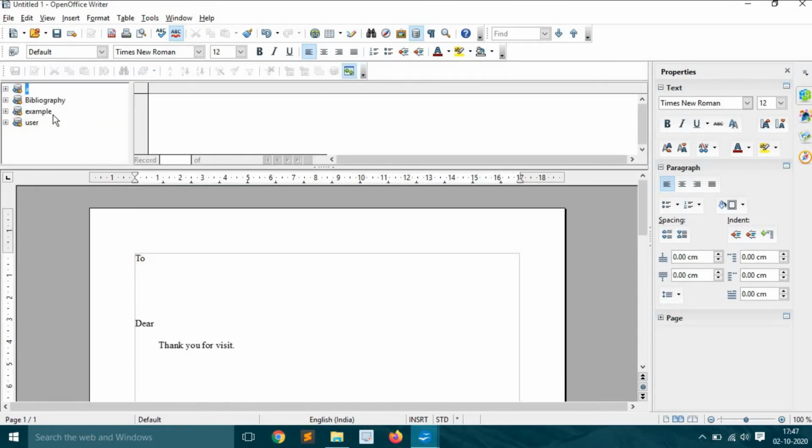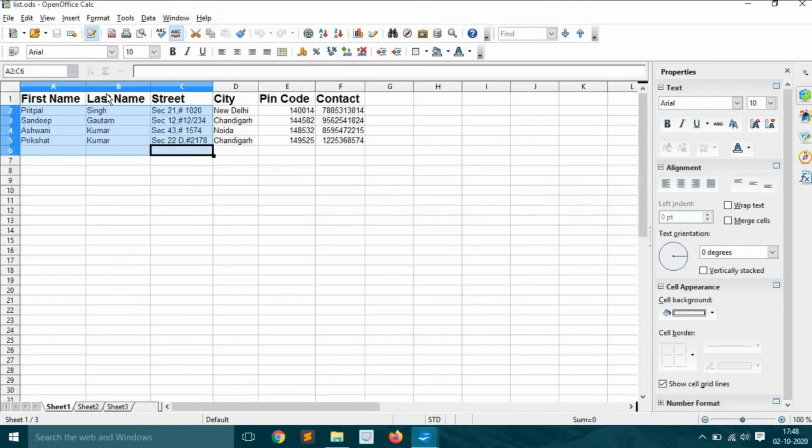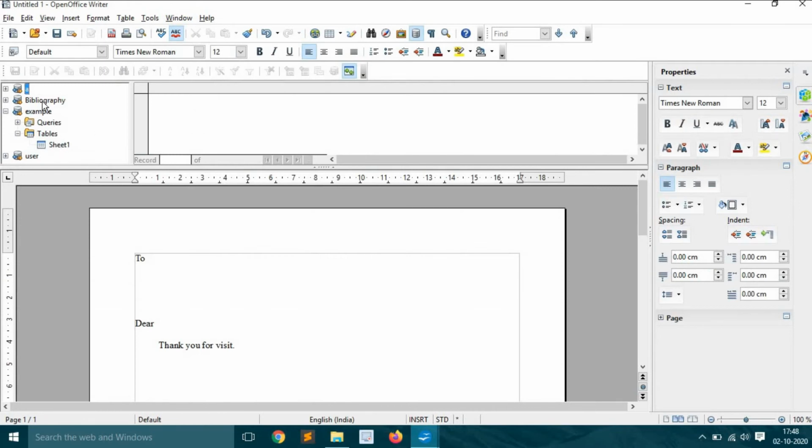Now what is there in the example? I am having queries or tables. So here in the tables we have sheet 1. What you are getting here is my actual data list, and it is now connected to the data source in the document. You click on the sheet.